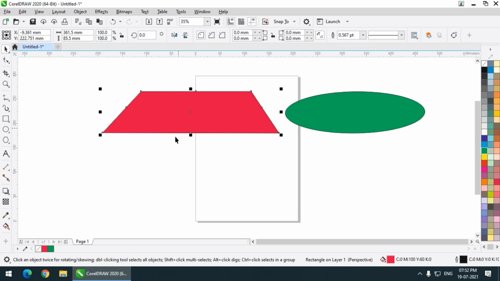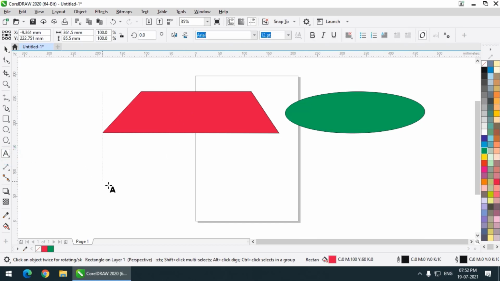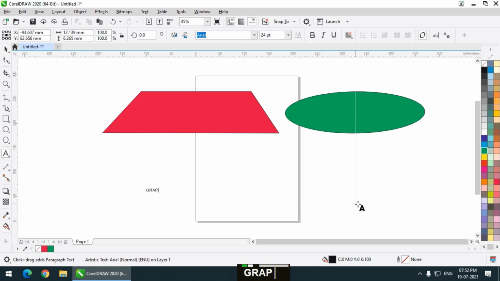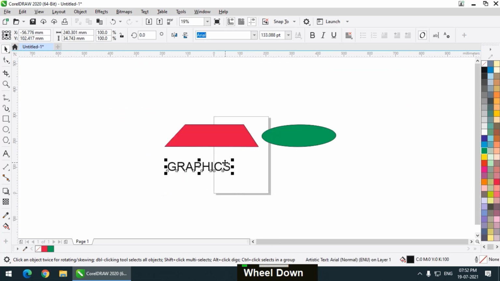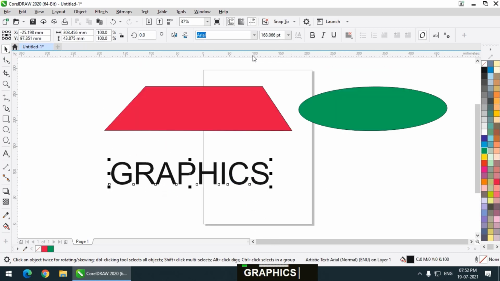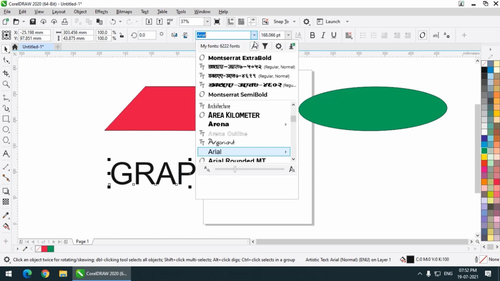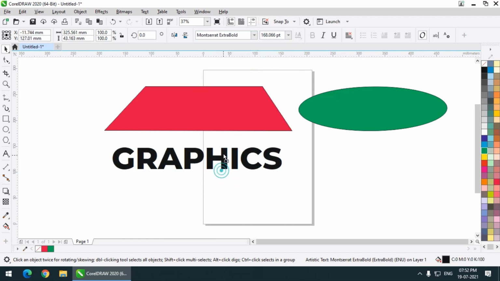If we apply it on a text, you will get a better idea. So let us say I'll type any text, for example I will type any letters, and maybe change the font face to a bolder font. So this looks good.